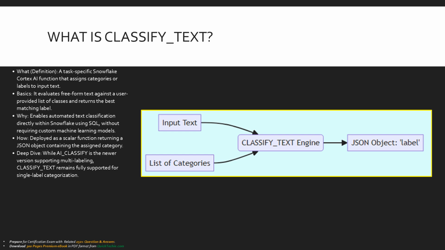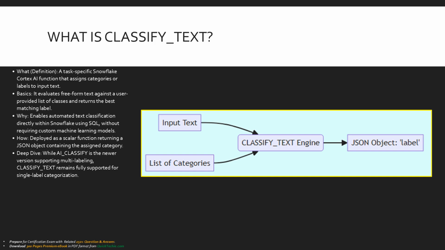Why is this a game changer? Historically, categorizing text required data scientists to train, deploy, and maintain custom NLP models. Now, any data engineer or analyst can perform highly accurate, zero-shot text classification directly using a simple SQL function. It returns a structured JSON object containing the predicted label, making it incredibly easy to parse and use in downstream